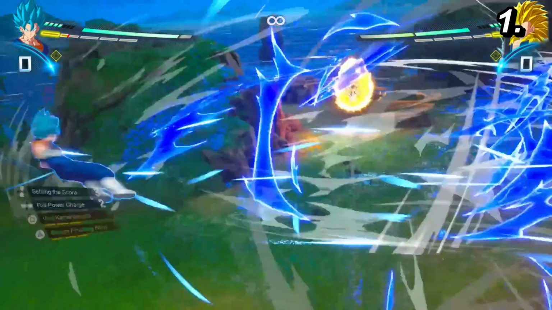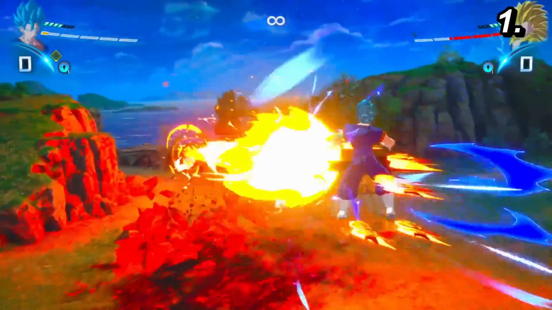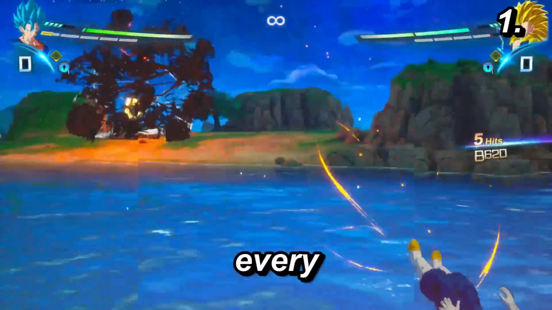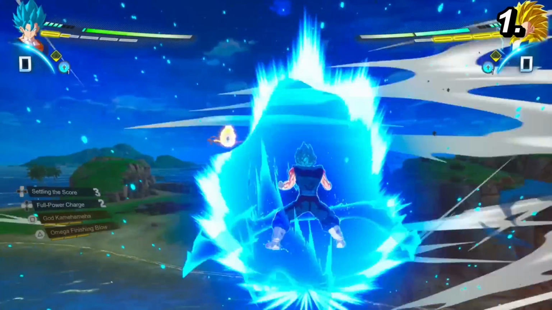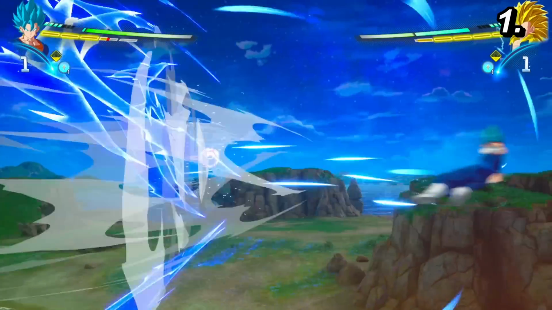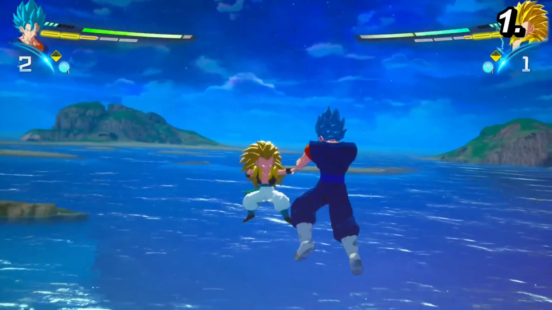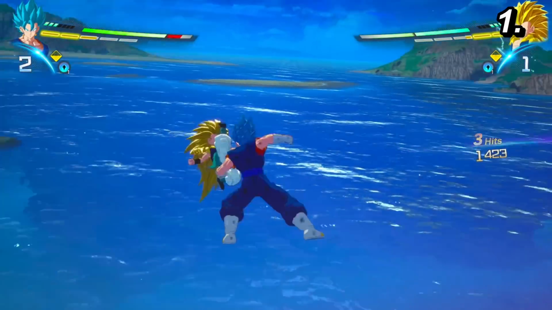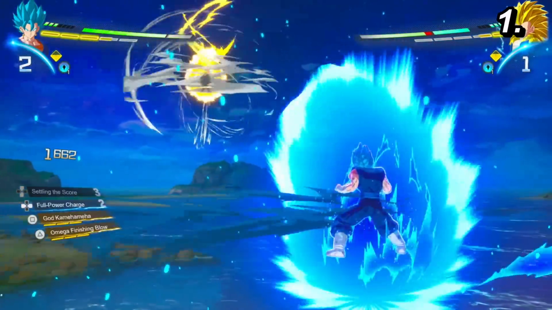Number 1, and this one is going to be really important no matter what your skill level is. Stop wasting your ki every second of the match. Ki is one of our most important resources in this game because it allows us to maximize our damage, close in on our opponents faster when we need to, and even comes with some pretty unique qualities on certain characters. Thing is, there are things you're probably doing right now that are wasting your ki that you may not even